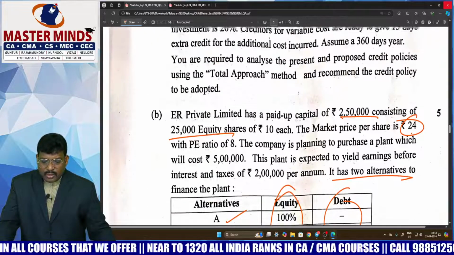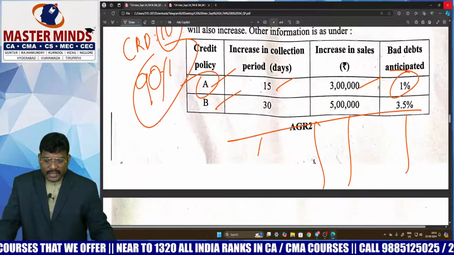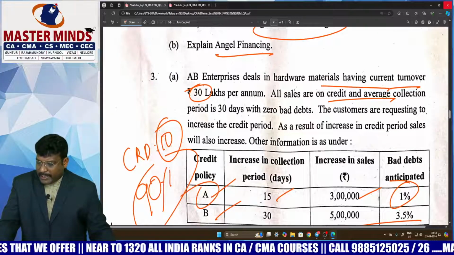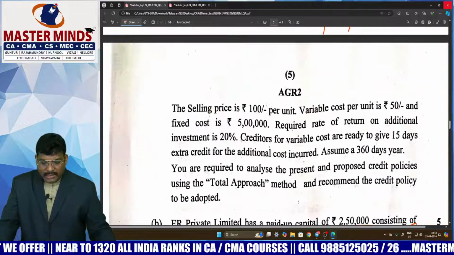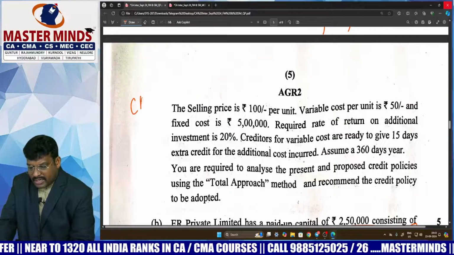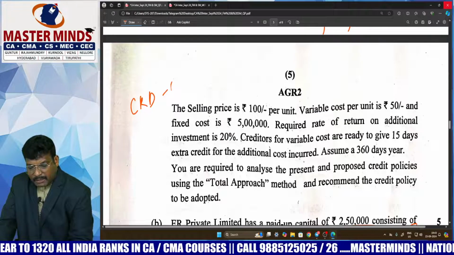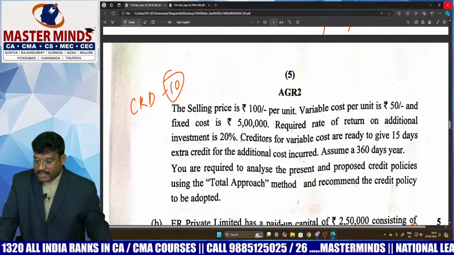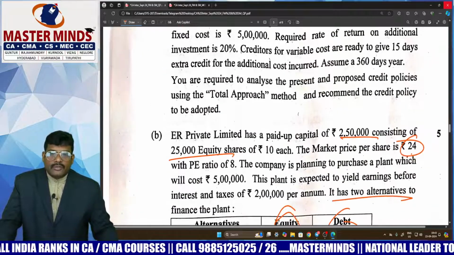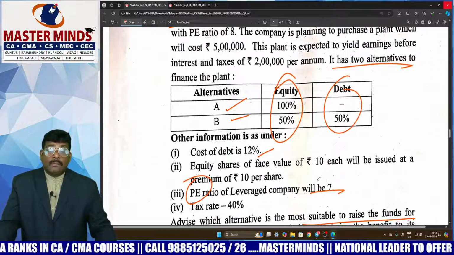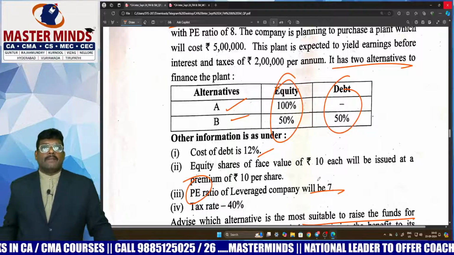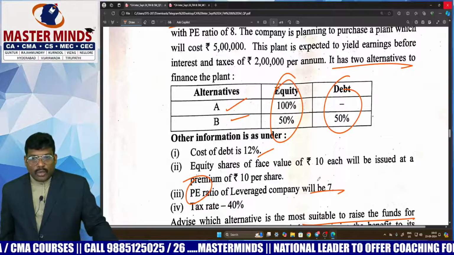Dear students, this question particularly, yeah, here is what is 3B? 3B capital structure, similar to CRD. Yes, 10th problem is there in our mastermind material. You can check it comfortably. So this is nothing but we have 2 plans where we are asked EPS, market price and all these things, but here it covered only 2.